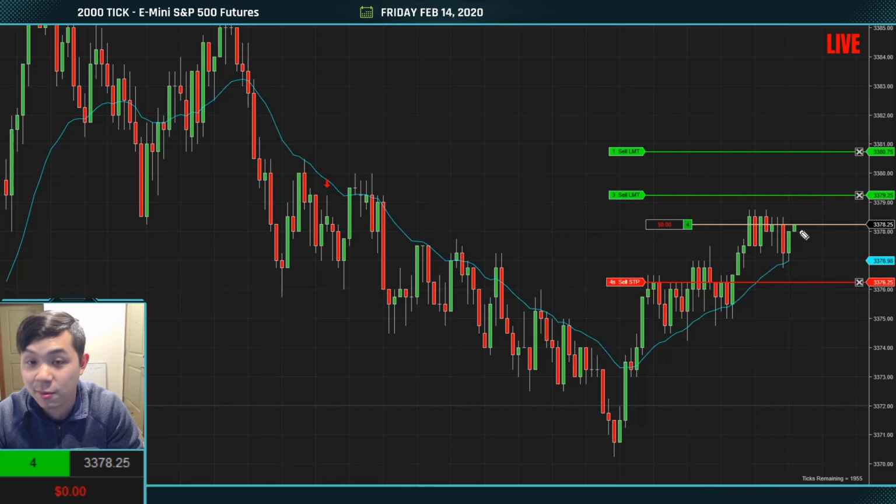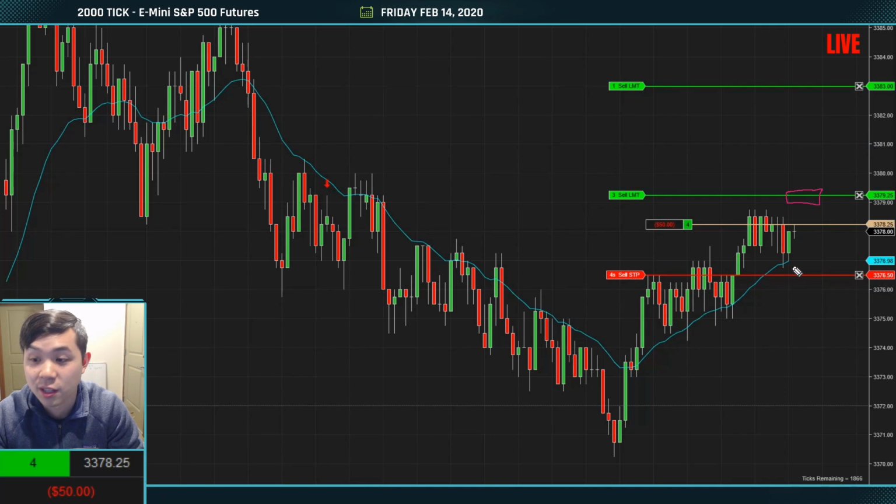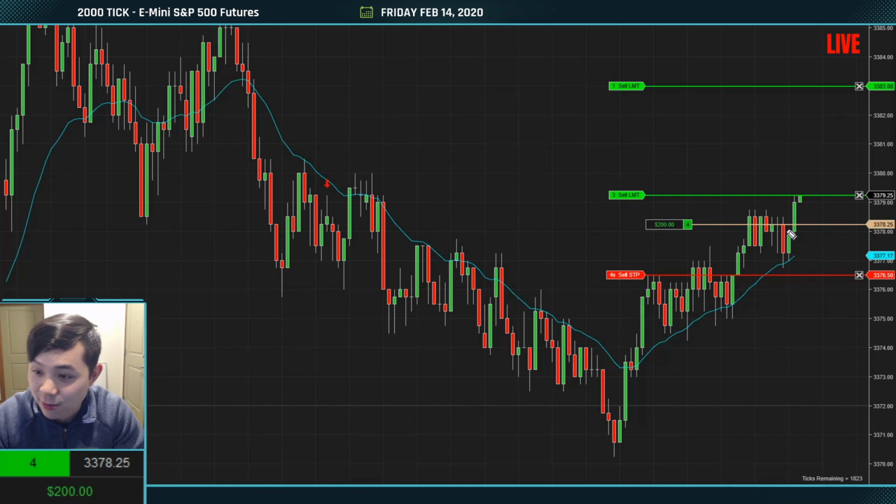We ticked above, and I am immediately going to come in and buy it, looking for that 1 point scalp up here, and then having my stop loss right below this candlestick just in case, because if we were to break below that, that means that we are reversing and this trade is no longer valid. Fortunately for us, other traders also saw this two-legged pullback and they were smart enough to come in and buy. So together we are pushing prices up higher to this 1 point scalp at